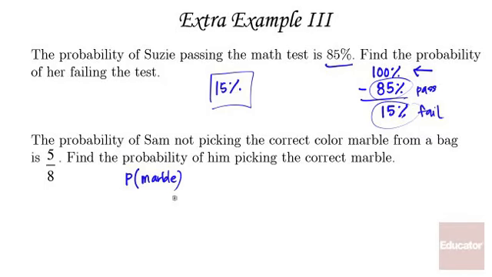Now, this is what they're asking for, right? They want to know what the probability of him picking the correct marble is going to be. Well, he's either going to pick the correct marble or he's going to pick the incorrect marble, right? So here, what's given to us is the probability of not picking the correct